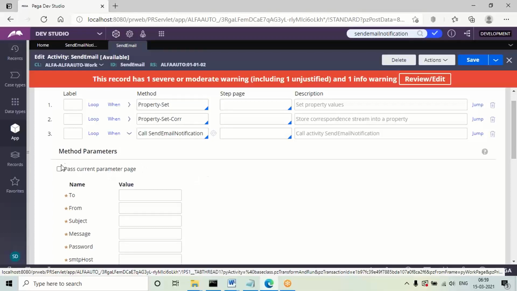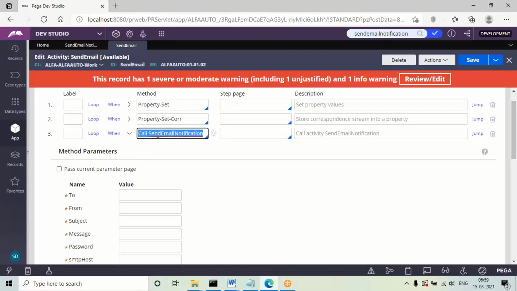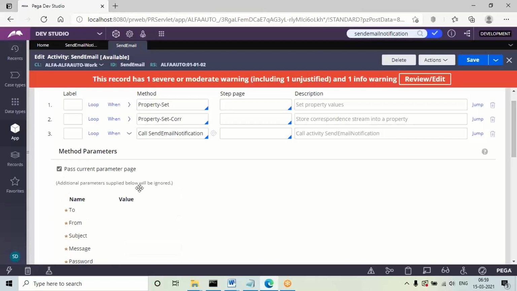What does this option mean? We can copy parameter values from one activity to another activity. This is a predefined activity and these are steps from a user defined activity. Now all the parameters are already assigned, right? So only thing is select the checkbox, so that without defining them manually we can pass parameters from one activity to another. Now save this one.